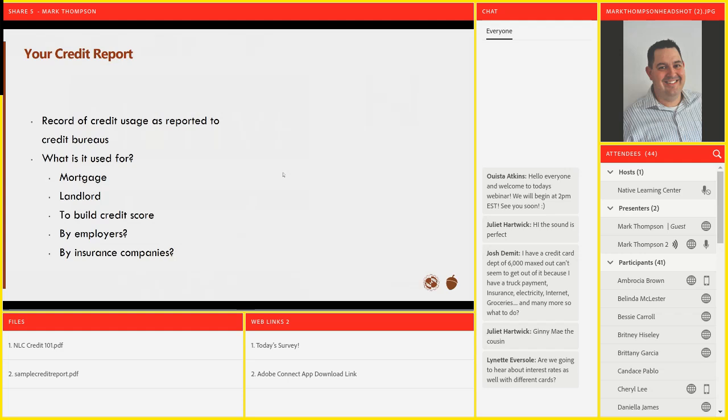We used to teach a lot in Oregon, and one of the things that Oregon has done is they have passed a law that prevents employers from looking at your credit report unless you have a very specific need, like if you were a bank teller, right?